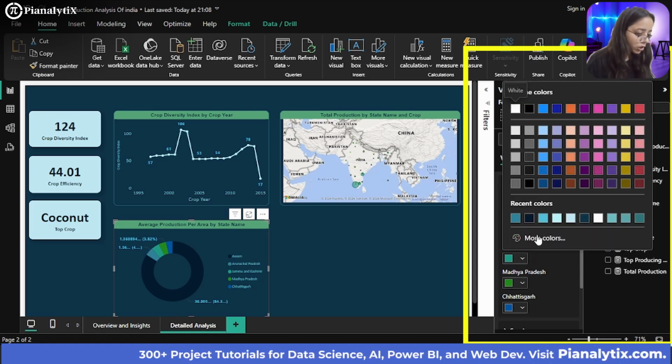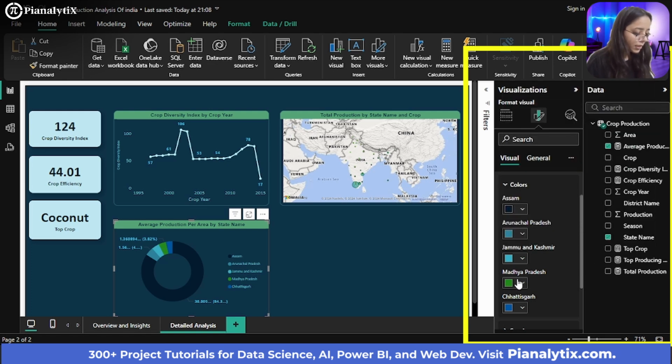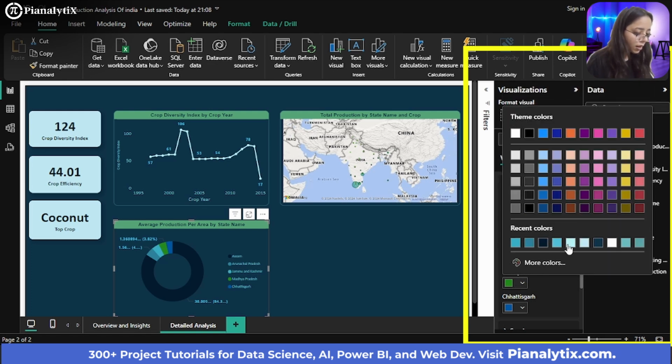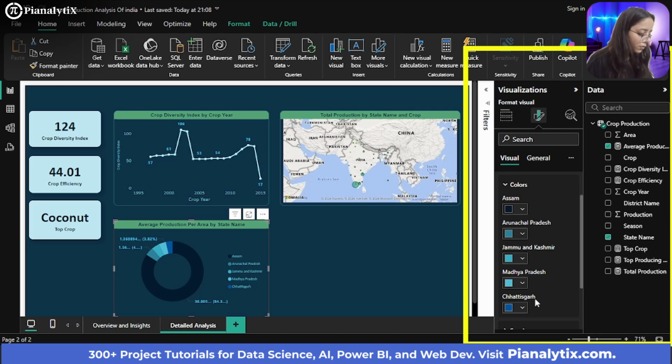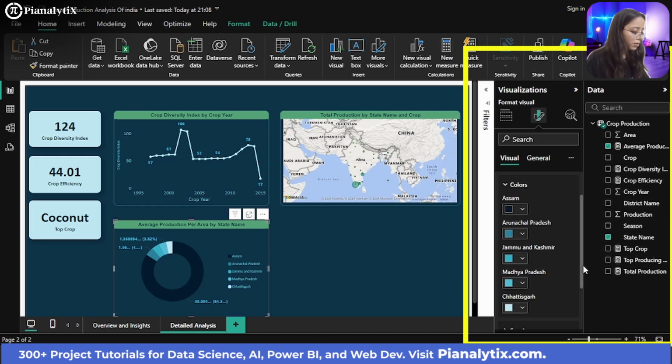And then Jammu and Kashmir, and then let's say Madhya Pradesh. I'll go with this shade. And then for this one, I'll choose this color.